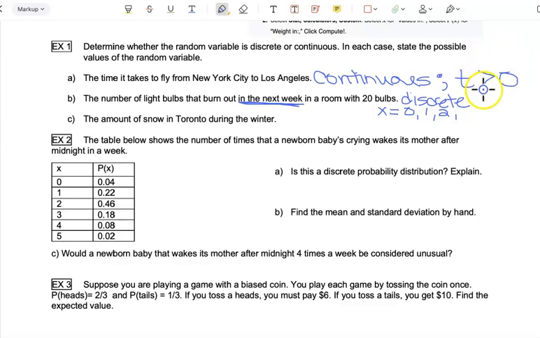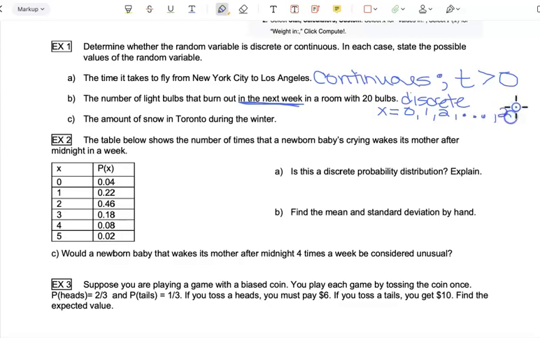Now, you do have an upper limit. You are not going to replace a light bulb in one individual light faster than a week. So I would say that the upper limit here would be 20,